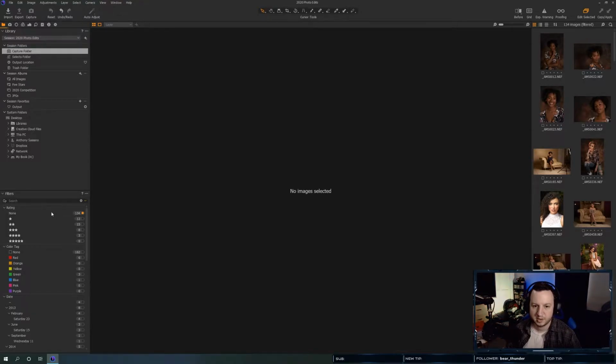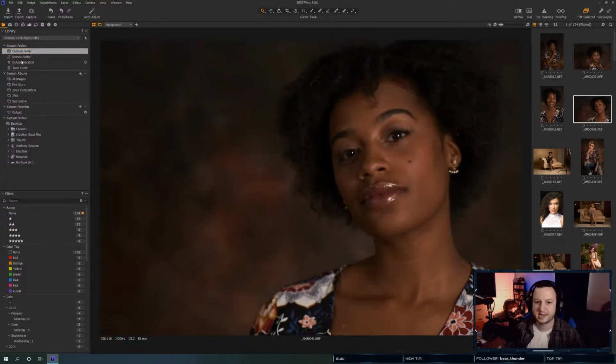We're gonna create a new album. So let's create a new album, and let's just call this, we're just now entering September, so we'll call it September. We'll do this by month and see how that works out for me. September. And so now what we'll do is pull photos that I like into that September folder.